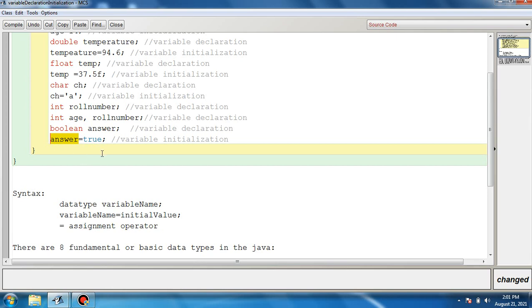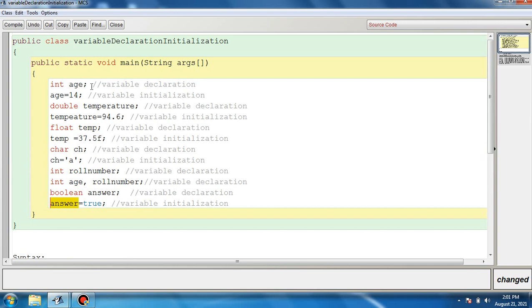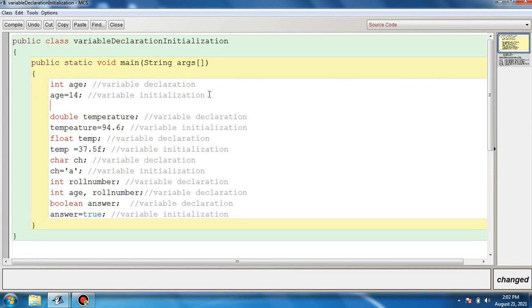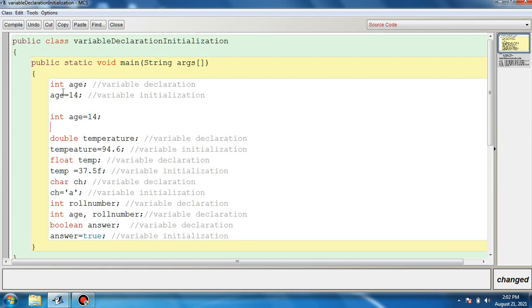Now remember this: this variable declaration is the first statement, and variable initialization is the second statement. Now instead of typing two statements, we can do it in a single statement. How? We can type like this: int age is equal to 14. So these two statements and this single statement are one and the same thing.